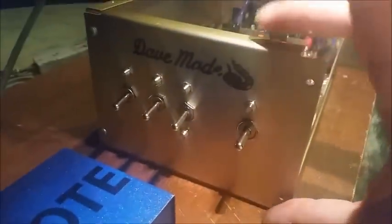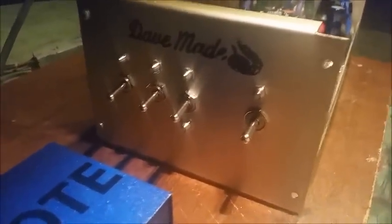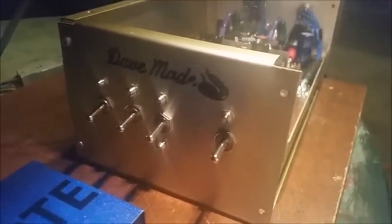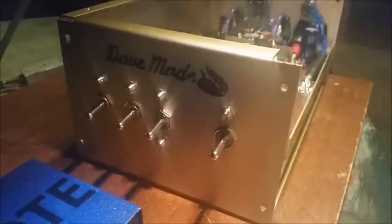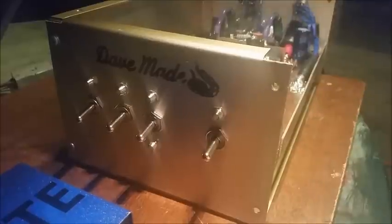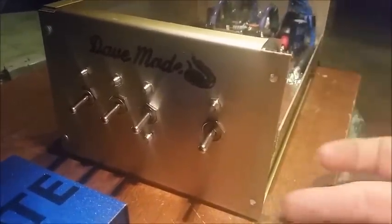We're going to get the side on here, put the top back on there. I like the way it looks with the Dave upright like that. I actually didn't get to talk to Dave directly today, but I talked to him through someone today. And he did explain that he made them on purpose that way. That was his design. The best way to do it is put some feet on the top where the fan is, turn it upside down. That's his style and the way he likes it. But with this one right here, I just kind of went with my gut there and turned it around, and put some feet on the